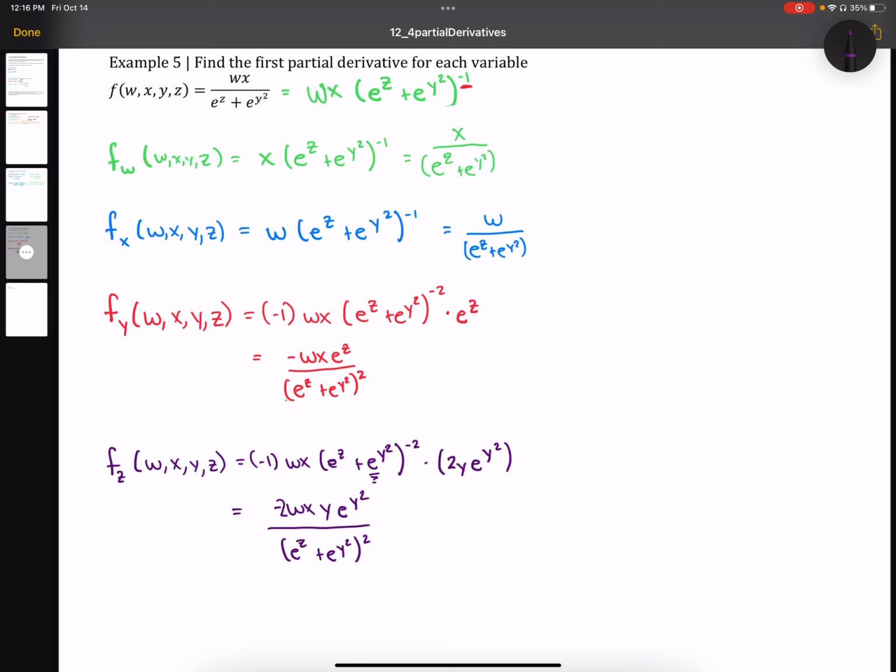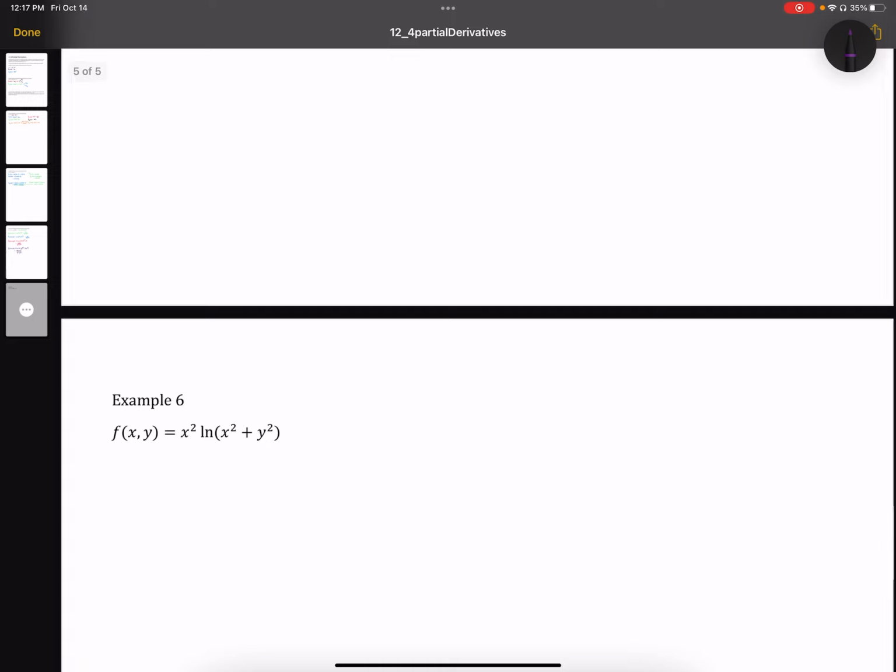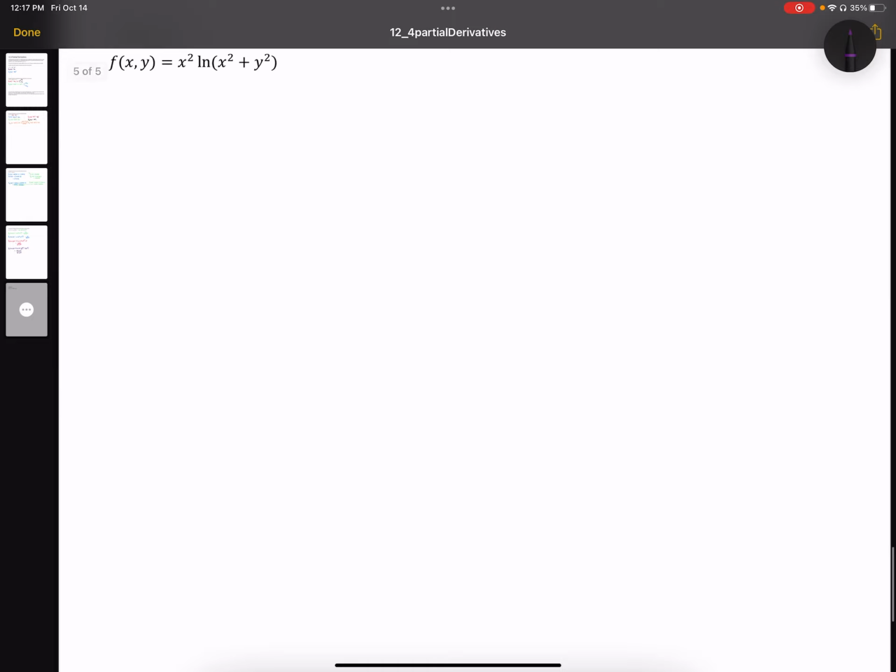So now if we were finding second order partial derivatives, there would be 16 of them. You would have fww, fwx, fwy, fwz. Yeah, so there would be 16 total partial derivatives, second order. So that's a nightmare. Obviously, we're not going to do that. All right, so for our last example, we want to find